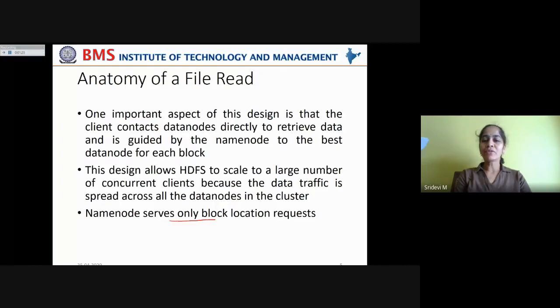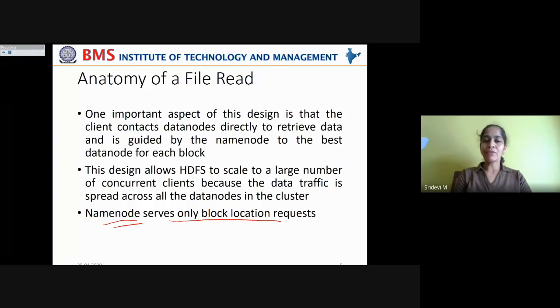And the name node serves only the block location requests. It doesn't serve any data read requests. Why? Because if the name node is overwhelmed with read requests, it can't efficiently serve the block location requests of the clients. And if you want to scale up and increase the number of data nodes on which the data is stored, the metadata stored with the name node also increases.